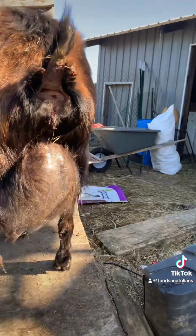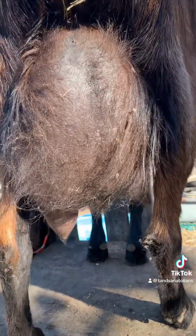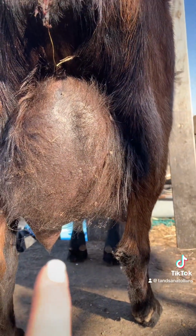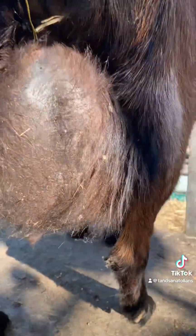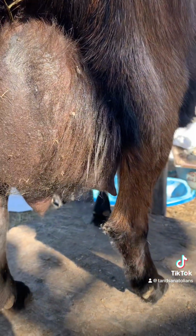If you take a look at her udder here, you're going to notice right away that we're lopsided, right? We have a teat there. And where's the other one? It's right there. Okay, so why are we completely lopsided? Well, because this side is a fully functional udder and this side is...